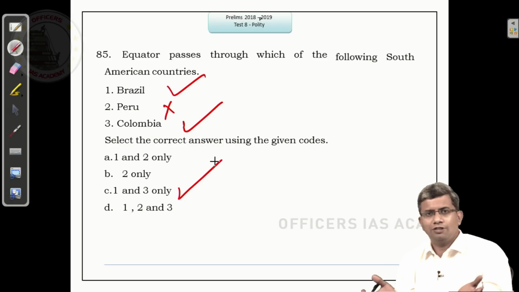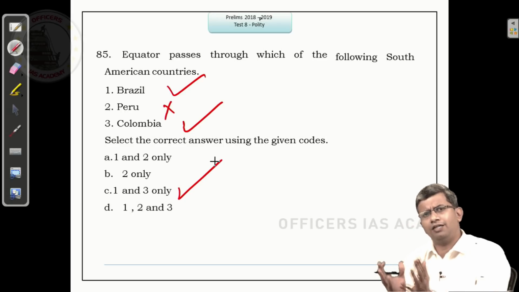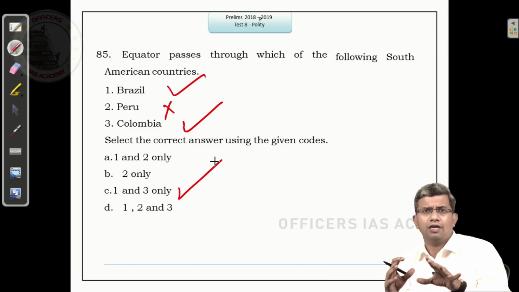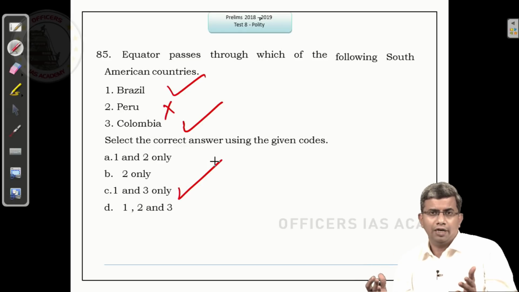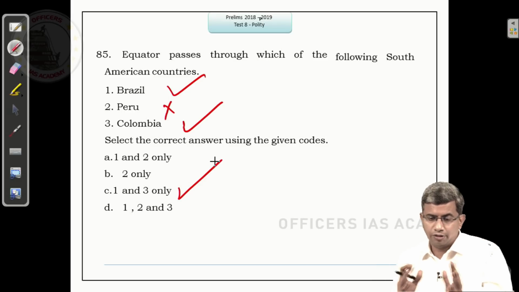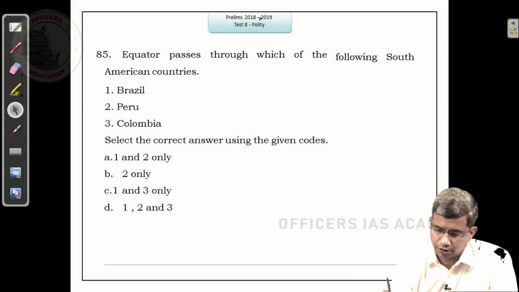These are map based questions. You should look at the map, primarily the map of India and the Middle East. These are the areas which are often asked, but you never know, right? These are all in the news for various reasons, so you should be thorough with these areas. That is why this has been asked. So please do have a look at the maps once.